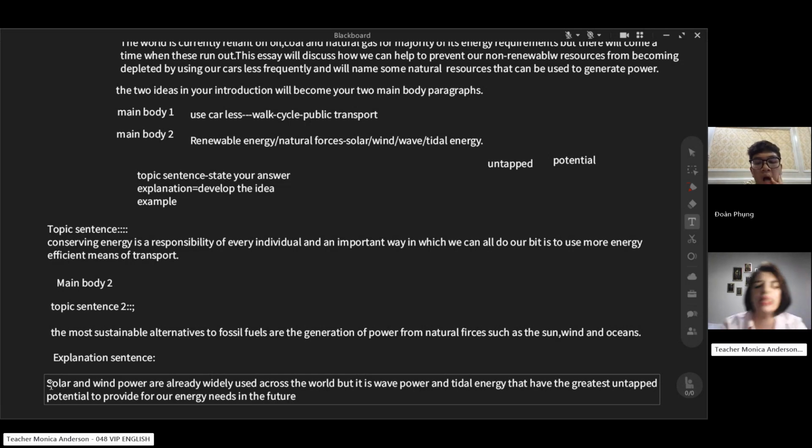Of course, you can easily change the words. This is only a sample and you can easily change the words and use some synonyms, okay? And now we're gonna do an example. So, for example,